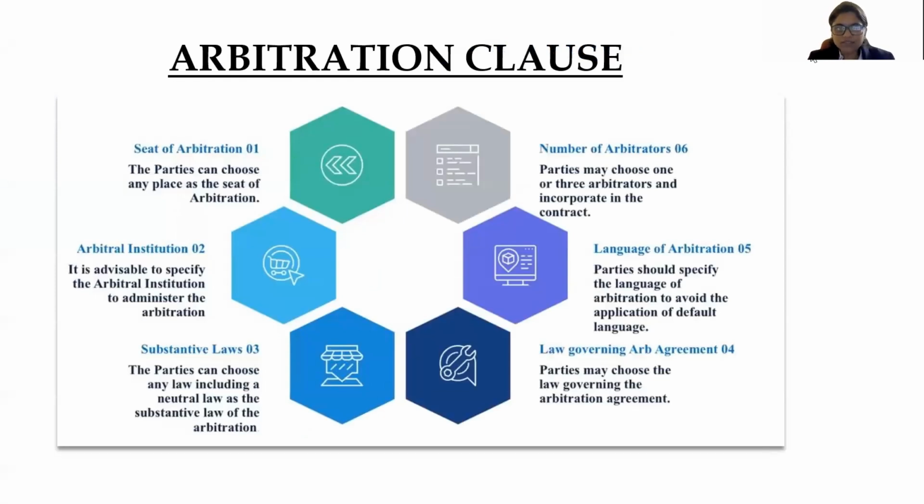And the arbitration clause could speak on the following things in a composed manner. For example, it should mention the seat of arbitration, the procedural laws and substantive laws, and the number of arbitrators. Because if the arbitration clause does not mention the number, then obviously it differs from nation to nation. If it is three, so make sure of the number of arbitrators and the language of the proceedings.